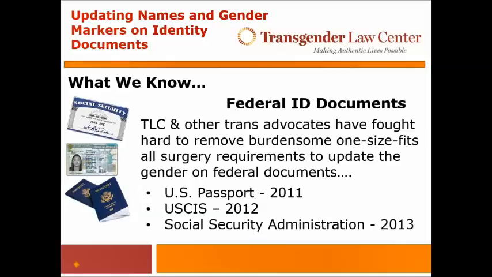We can't tell folks what is going to happen, but the federal government is subject to the current changing administrations, and one area of advocacy that's been worked on for many years is advocacy around changing the barriers to accessing accurate federal identity documents such as Social Security accounts and passports and other federal IDs. And one welcome step forward has been that the Social Security Administration and the Passport Agency and the Veterans